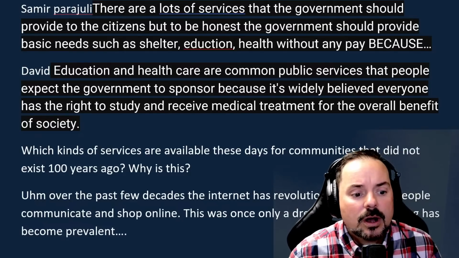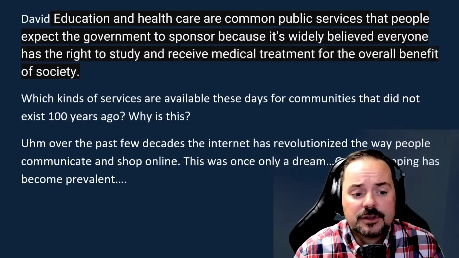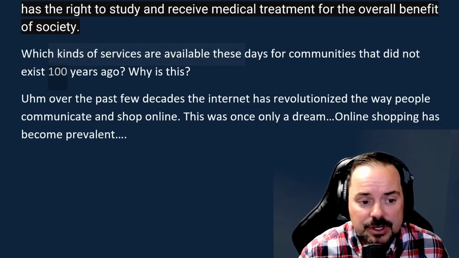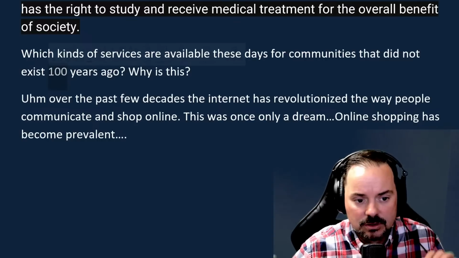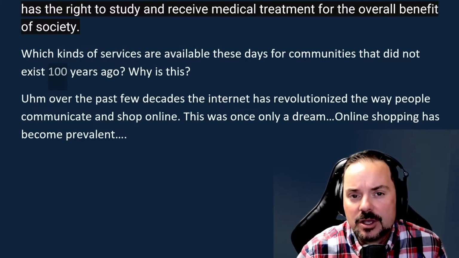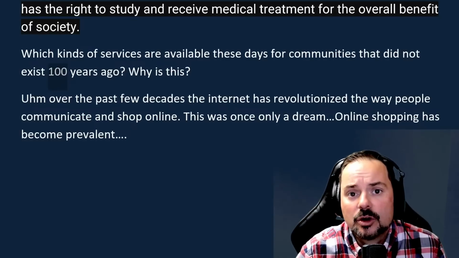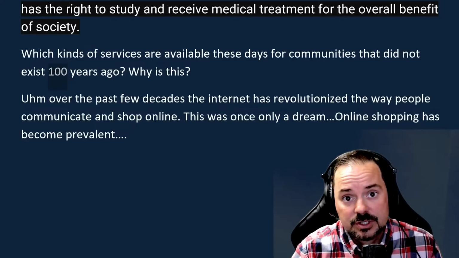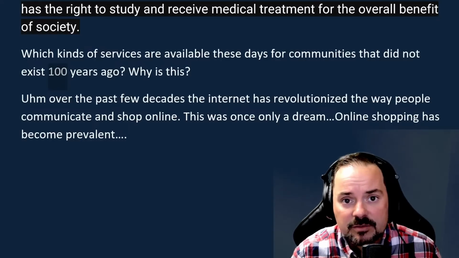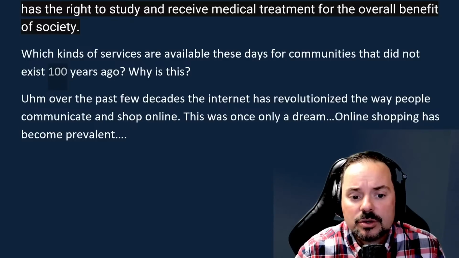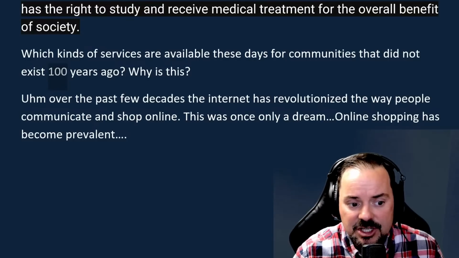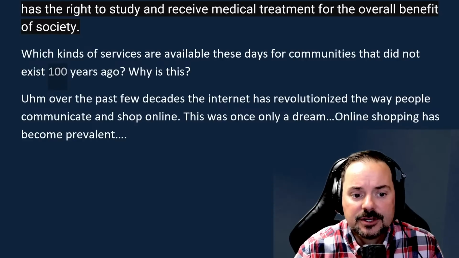Also the accuracy. You said a few decades ago. The question was 100 years ago, which precisely is 10 decades or a century ago. So it's a little bit more than a few decades, right? So you changed the timeline there a little bit. Another way you could have expressed that is, in the earlier part of the 1900s, there was no internet, but nowadays it's a common service that's provided by the government and other businesses. So just be a little bit more careful with what the question is actually asking you, okay? But the internet was really good.